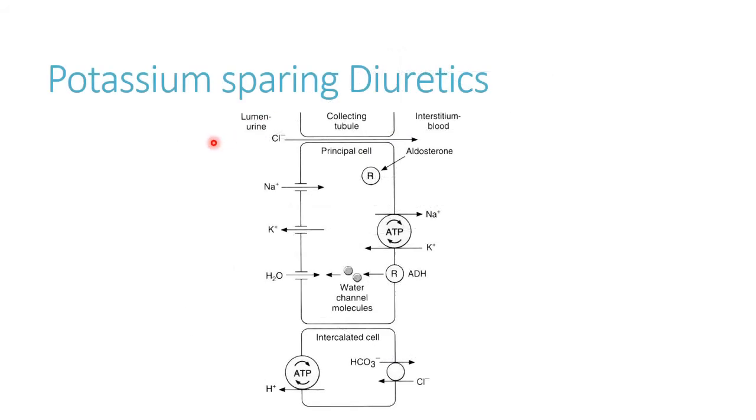Next up, we have our potassium-sparing diuretics. So as you might imagine, they're going to do what? Spare potassium, thank you very much. So again, there's going to be two varieties here. Some work as aldosterone antagonists, and some work more specifically on blocking